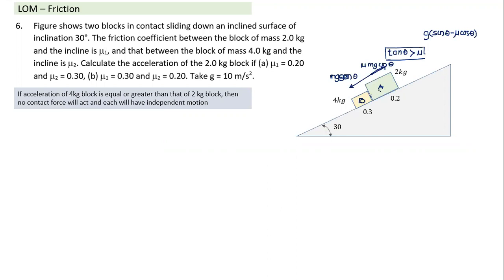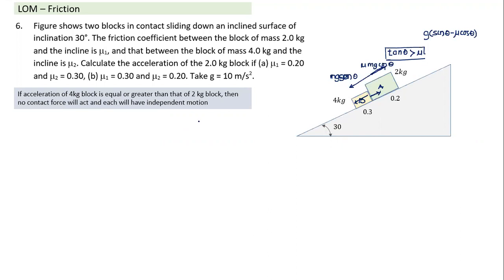In which direction will the contact force act on A? The contact force between two surfaces is always pushing in nature. So B will apply a force on A in this direction, and A will apply a force on B in this direction. The moment you apply this force, it will tend to increase the acceleration of B and decrease the acceleration of A. And when would the contact be established? Contact will get established and force will start acting only when A has a greater acceleration than B. That's the only point we need to understand in this question. Rest all is fairly simple to solve. And so no contact force will act.